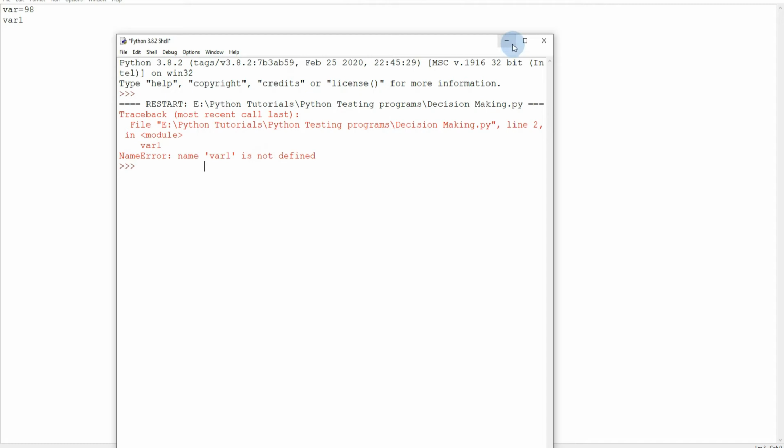We have to declare a variable with its value, so we will not use the word declare while initializing a Python variable. We have initialized the variable var is equals to 98. In other languages we also have to mention the data type over here.